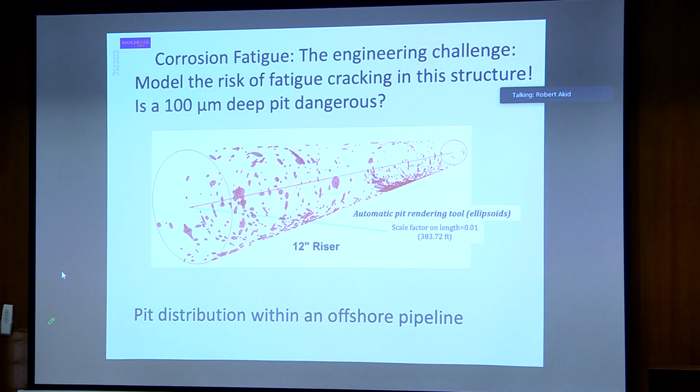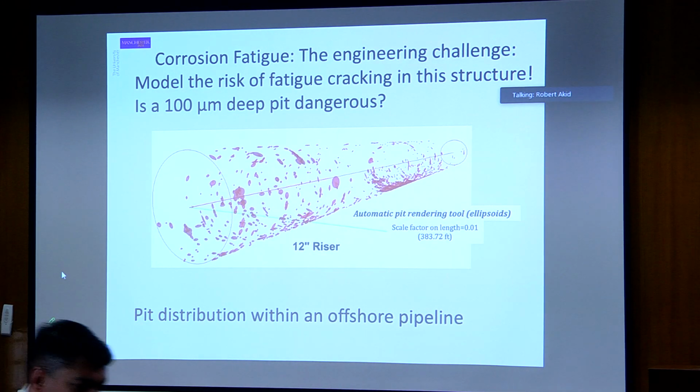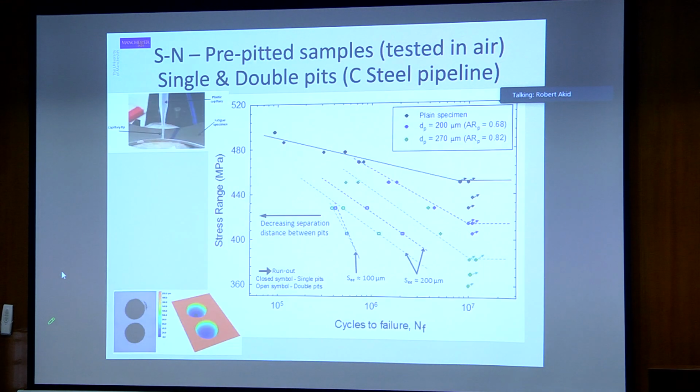And our interest is in trying to identify whether a pit might eventually become a crack. So our approach to this is that we electrochemically produce pits on the surface, and then we conduct